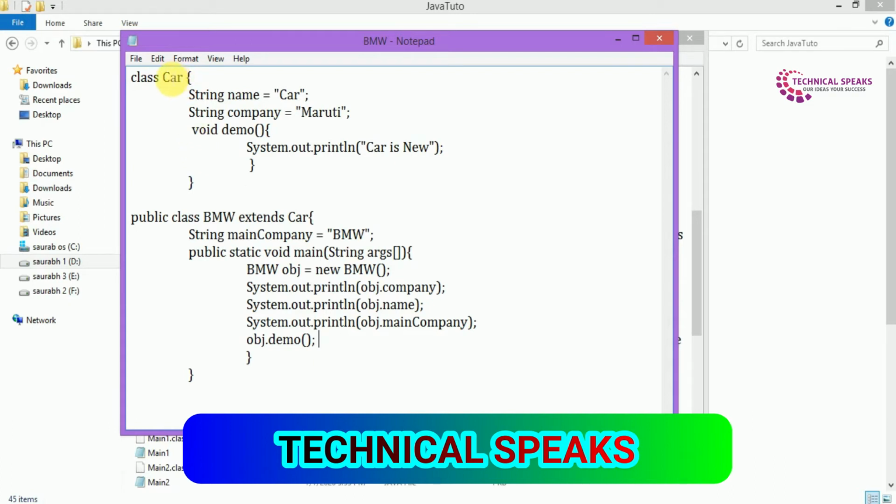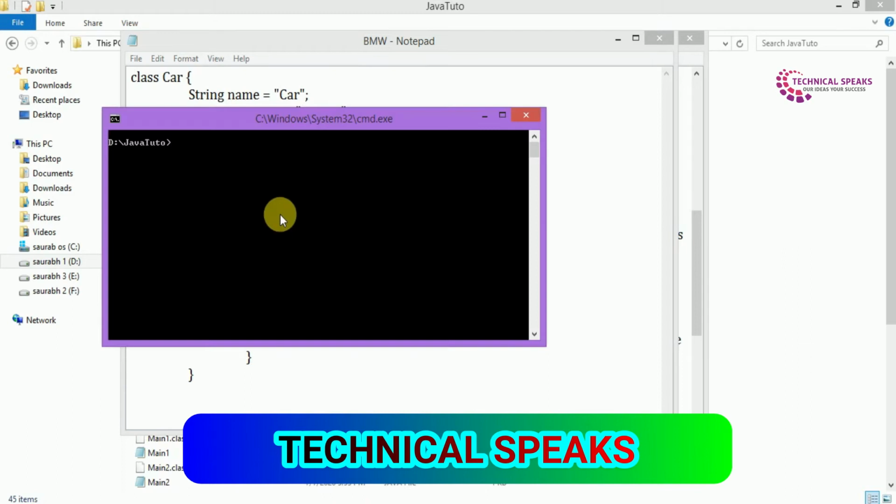For this, just save the file first and then open the command prompt to compile. To compile, just type javac and then the file name, which is BMW.java, and then finally run it by entering java BMW and hit enter.